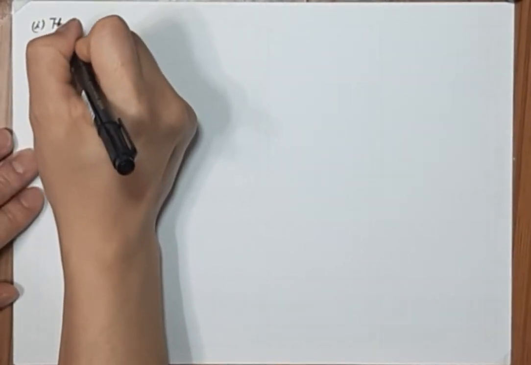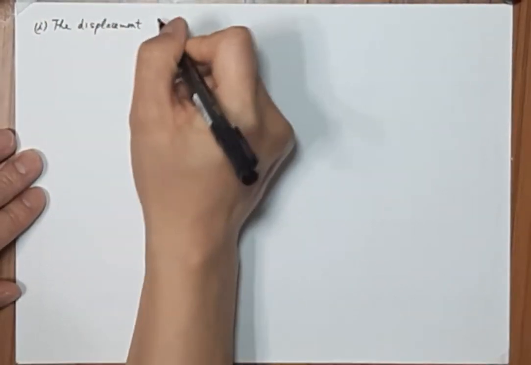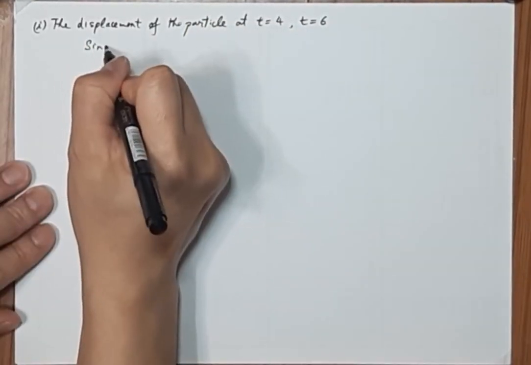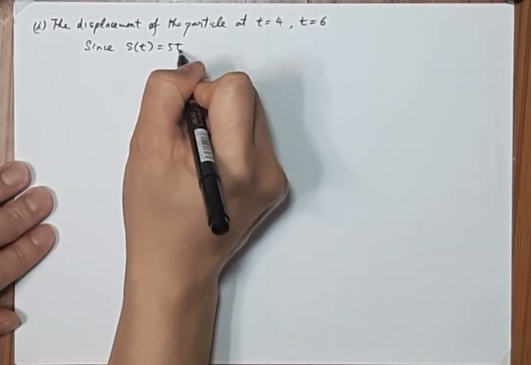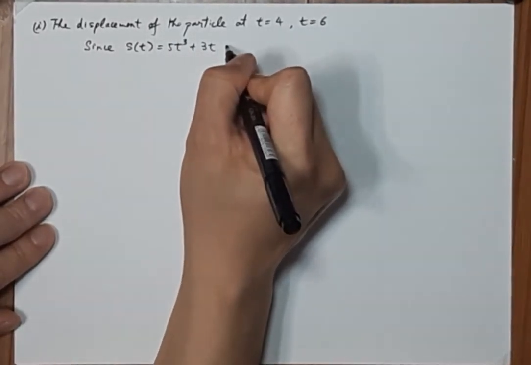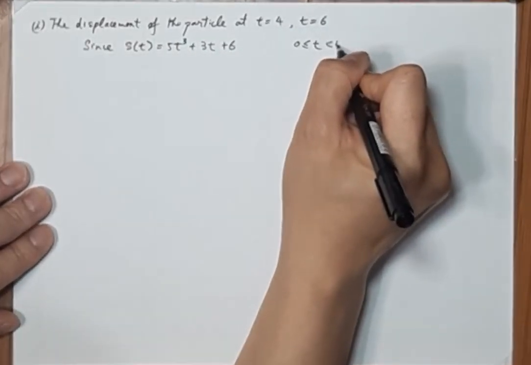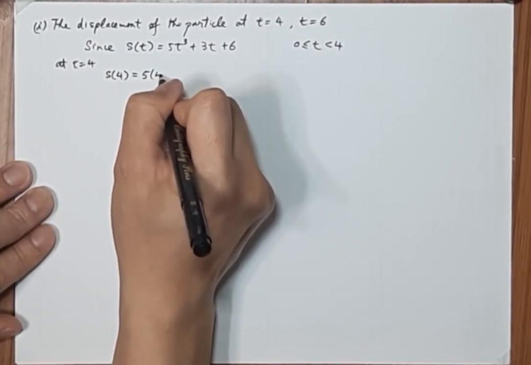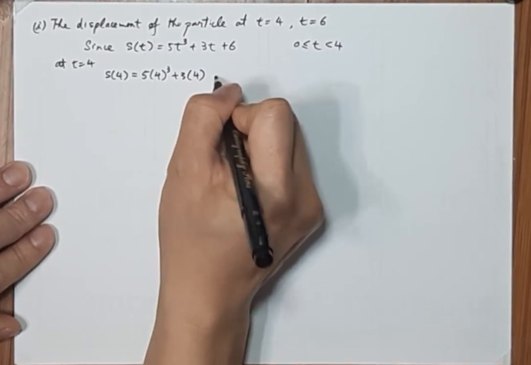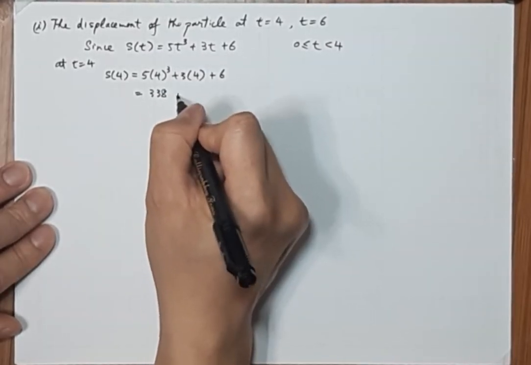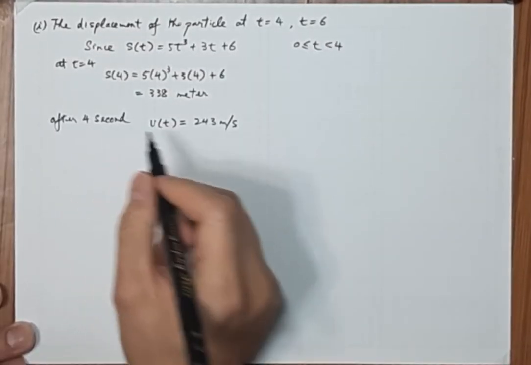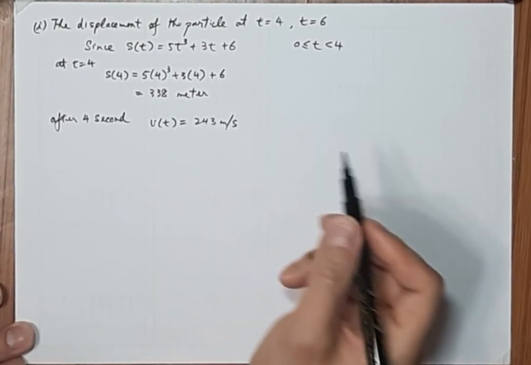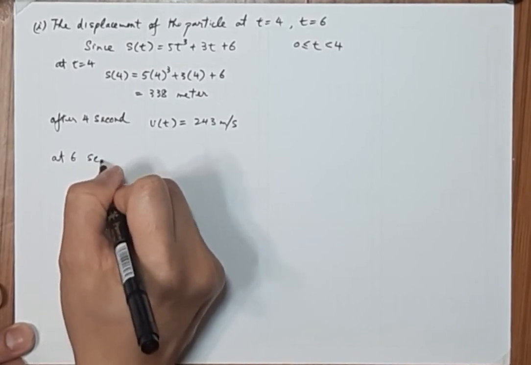Part I, we solve the displacement of the particle at t equal to 4 seconds and t equal to 6 seconds. Since we know that the function s(t) is equal to 5t squared plus 3t plus 6, for t from 0 to 4, at t equal to 4, s(4) is equal to 5 times 4 squared plus 3 times 4 plus 6, equal to 98 meters. After 4 seconds, the velocity will be constant, equal to 243 meters per second. So as time equal to 6 seconds,